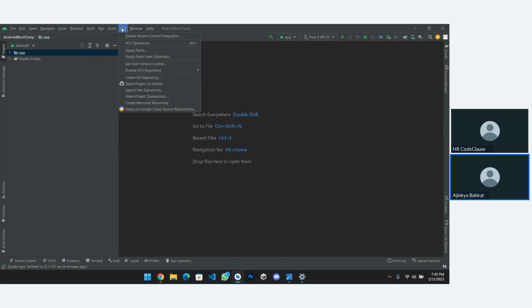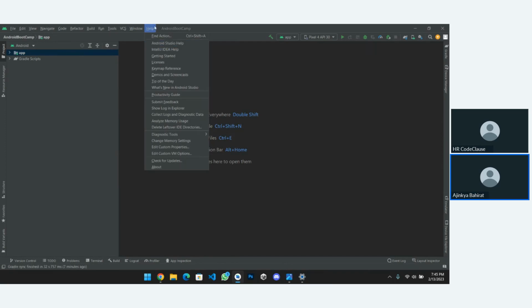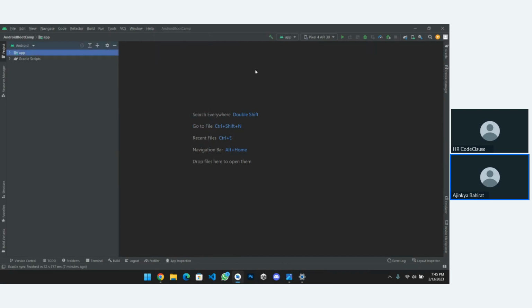If we get a chance in our last day or last tutorial, I will also be sharing how we can set up the GitHub part, right? Then windows, the different windows, and help, you can go for the help. Yeah, and these are some of the most used things by you in your application.